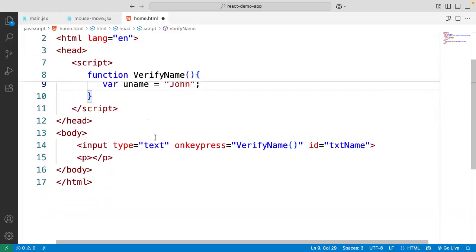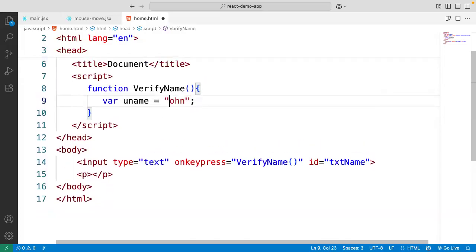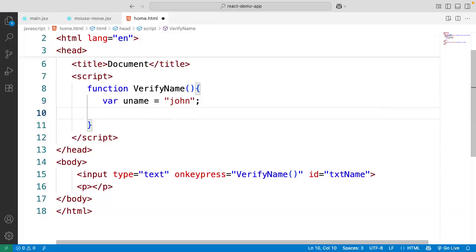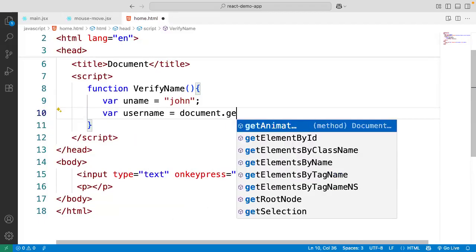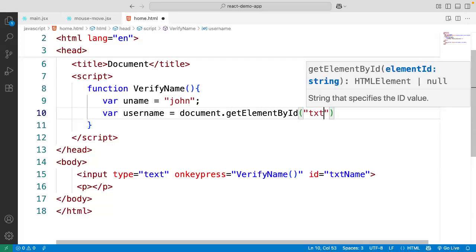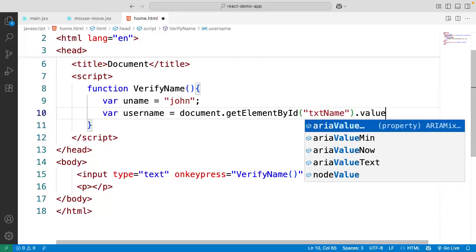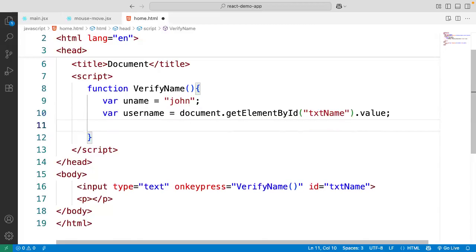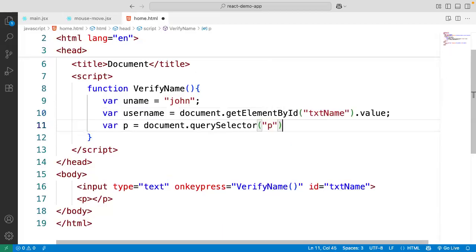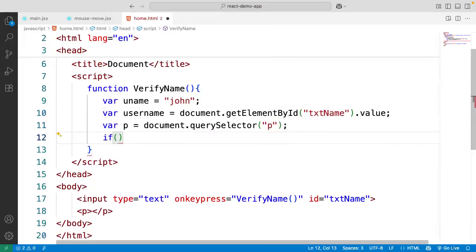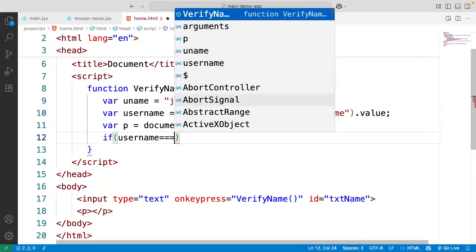Then a normal variable username, document.getElementById txtName dot value, we are collecting from the text box. And I am using p, document.querySelector paragraph. And if username is matching with uname,